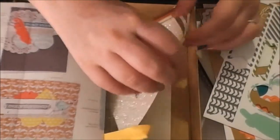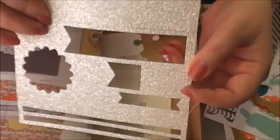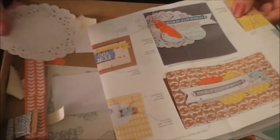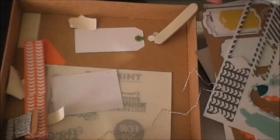I'm going to be needing a piece of this beautiful shimmery paper. And it looks like I'm going to be needing this as well. It also comes with,